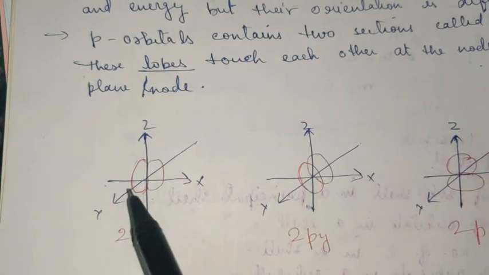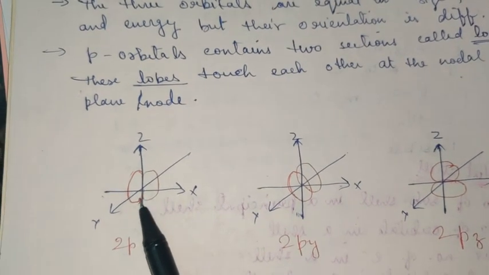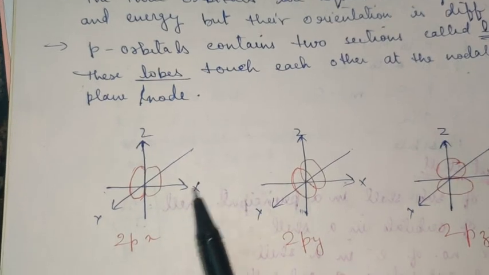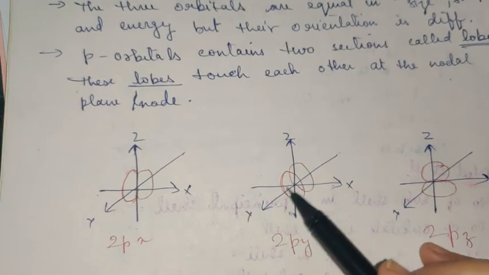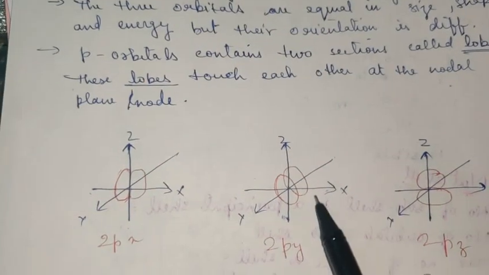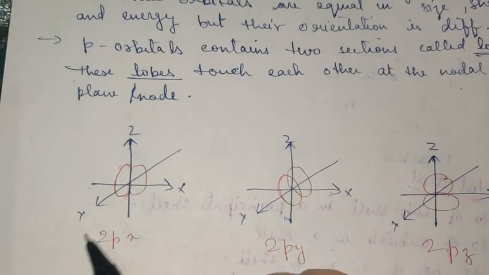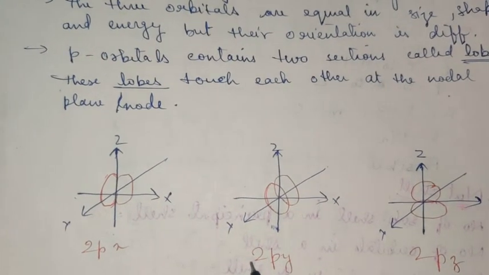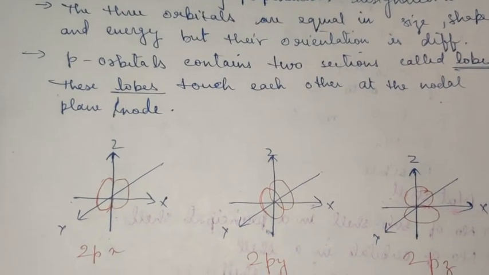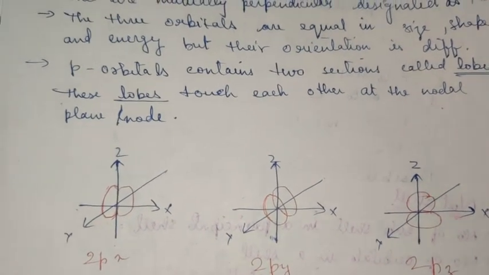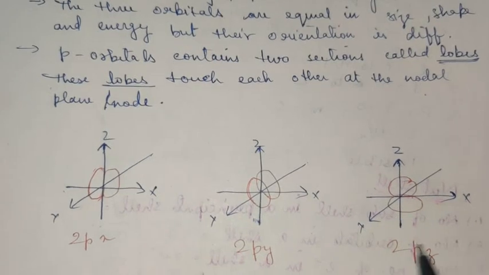So children, basically there are 3 orientations possible for the p subshell. First, the two lobes lie on the x axis. It is known as px. The second is shown for y, where the two lobes lie on the y axis, so it will be known as py. The 2 here simply indicates the shell number. It is not necessary to mention it. I have taken an example of the second shell here, because 1p is not possible, which we will come to know later on. And then comes pz, where the two lobes lie on the z axis.